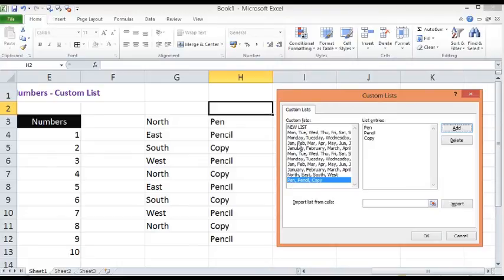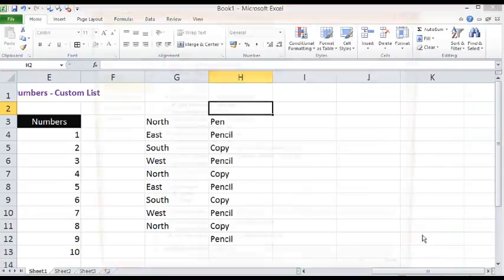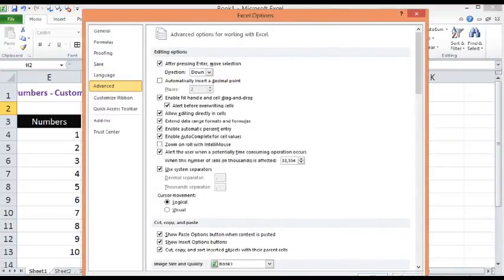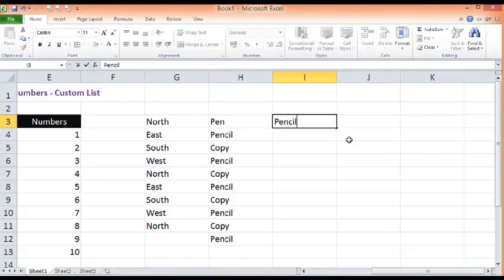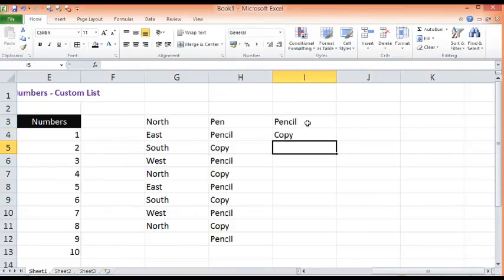We already have few lists defined basis on what we were populating values. Now if I click OK, and here also I will click on OK. Now I will type as pencil and copy, only two values. I will select both cells.